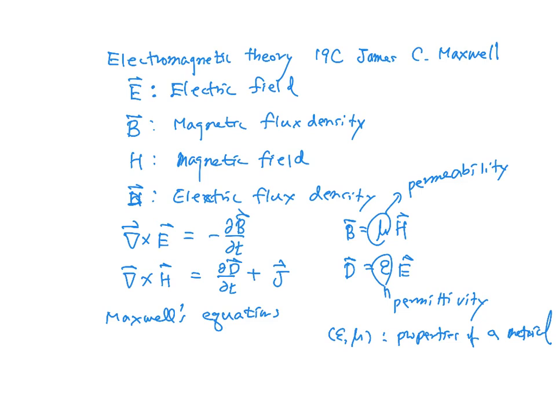So until the end of the 19th century, we thought that there are two basic forces in nature. One is gravity. The other one is electricity and magnetism. So these two are the basic building blocks of nature. Of course, there are two more discovered much later. But until then,